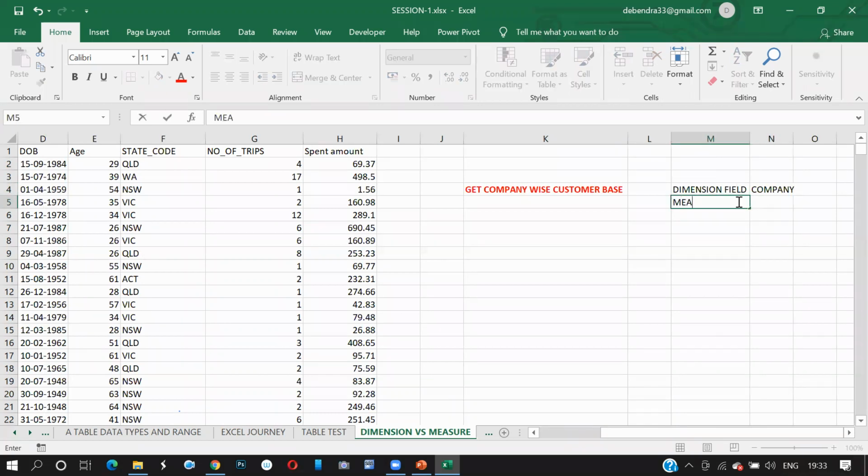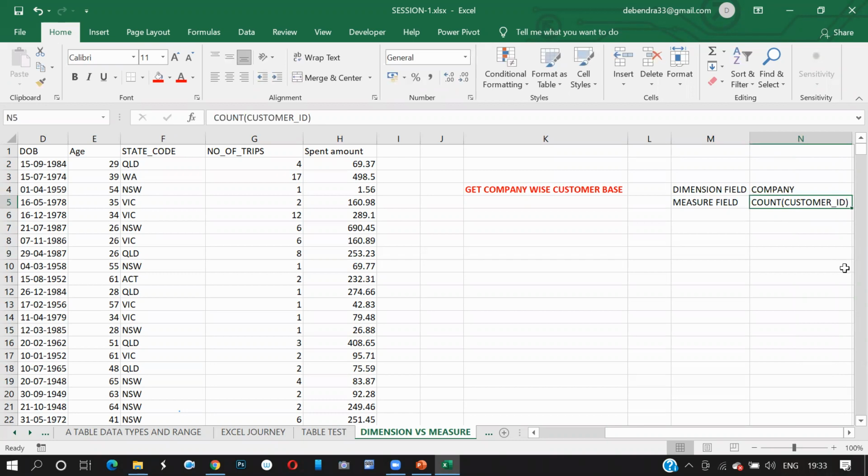The measure field is count of customer ID. Count is what? It's a measure. Yes or no? Yes, sir.